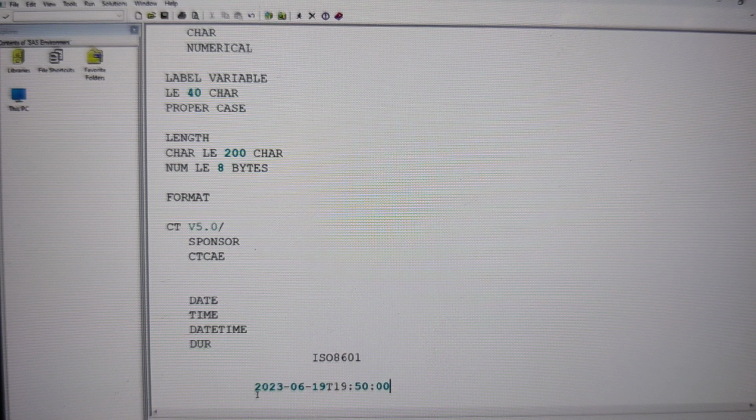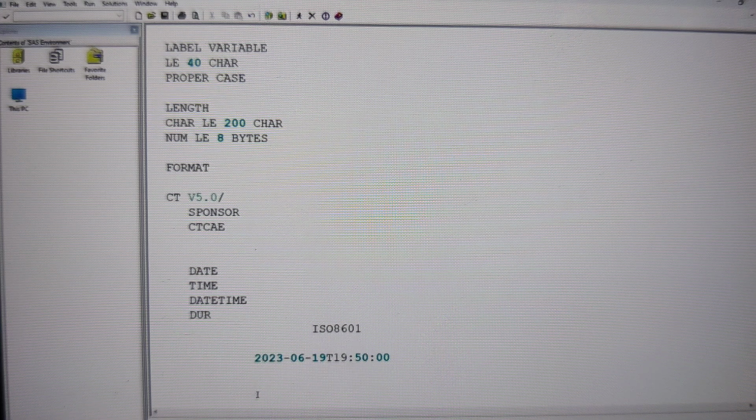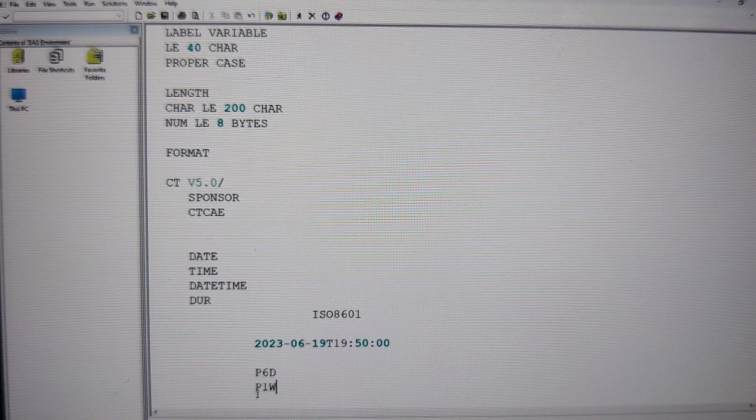Understand this one? If any patient has taken medication for 6 days, how are we going to tell the duration? The duration is going to be one period, 6 days. If it's something that's taken for 1 week, then we are going to have period 1W, or period 7 days, or 1W, 1 week. So this is the duration.